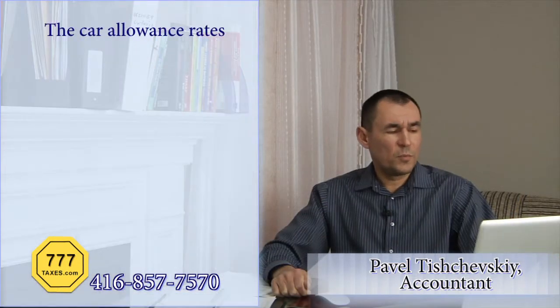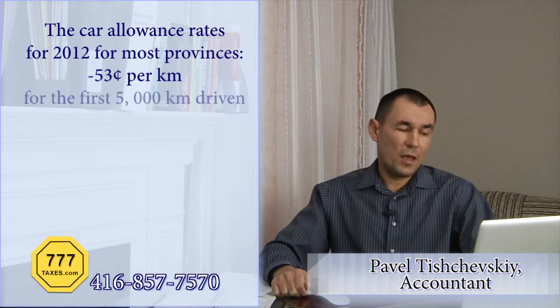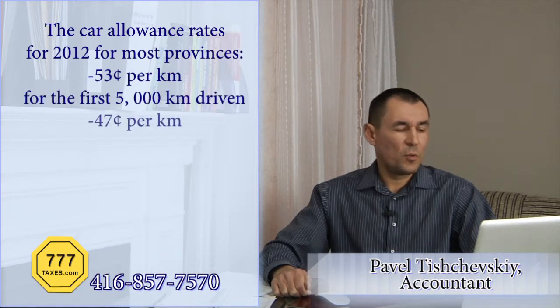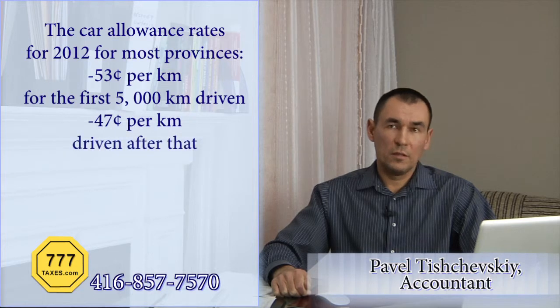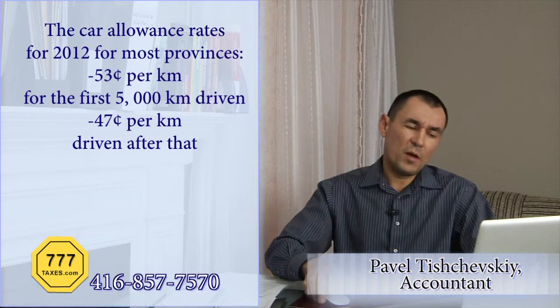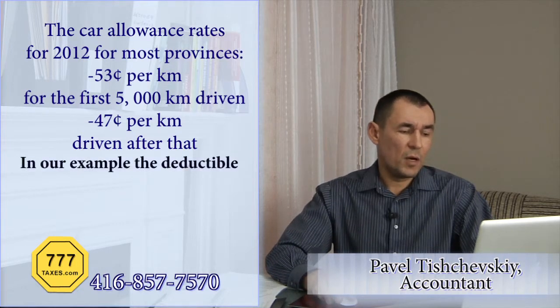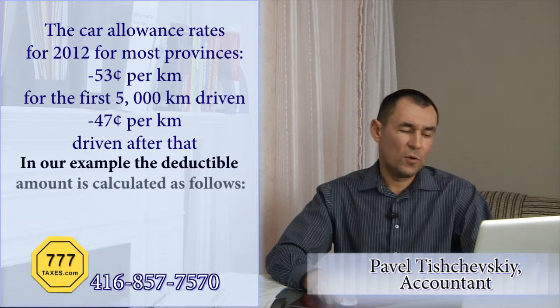For example, the car allowance rates for 2012 for most provinces, including Ontario, are 53 cents per kilometer for the first 5,000 kilometers driven and 47 cents per kilometer driven after that. Using our example, the business mileage was 7,000 kilometers, and therefore the deductible amount is calculated as follows: